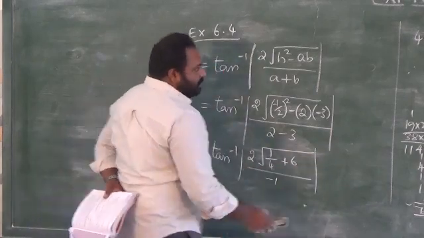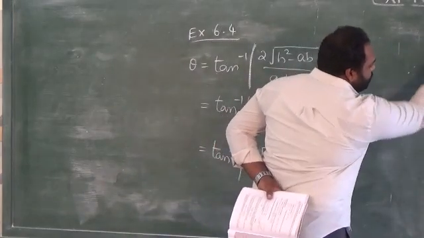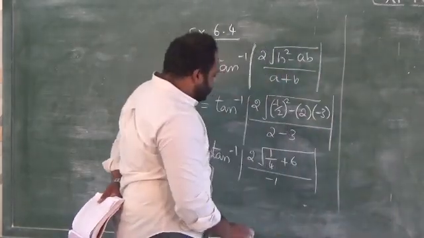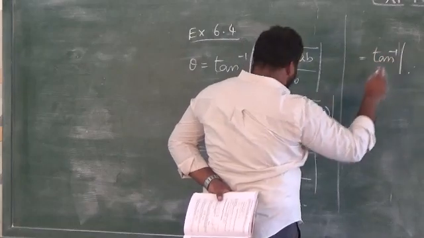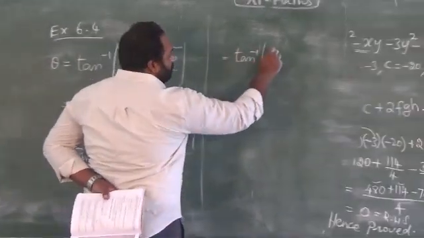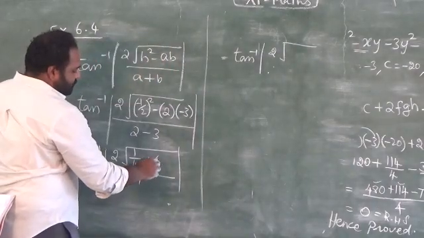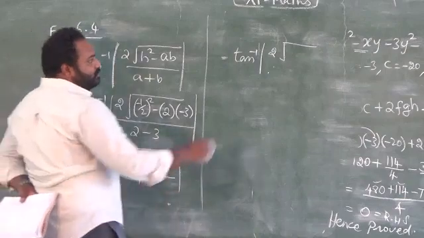So it is next tan inverse modulus 2 into root of, cross multiply this, 4 into 6 is 24 plus 1, 25 by